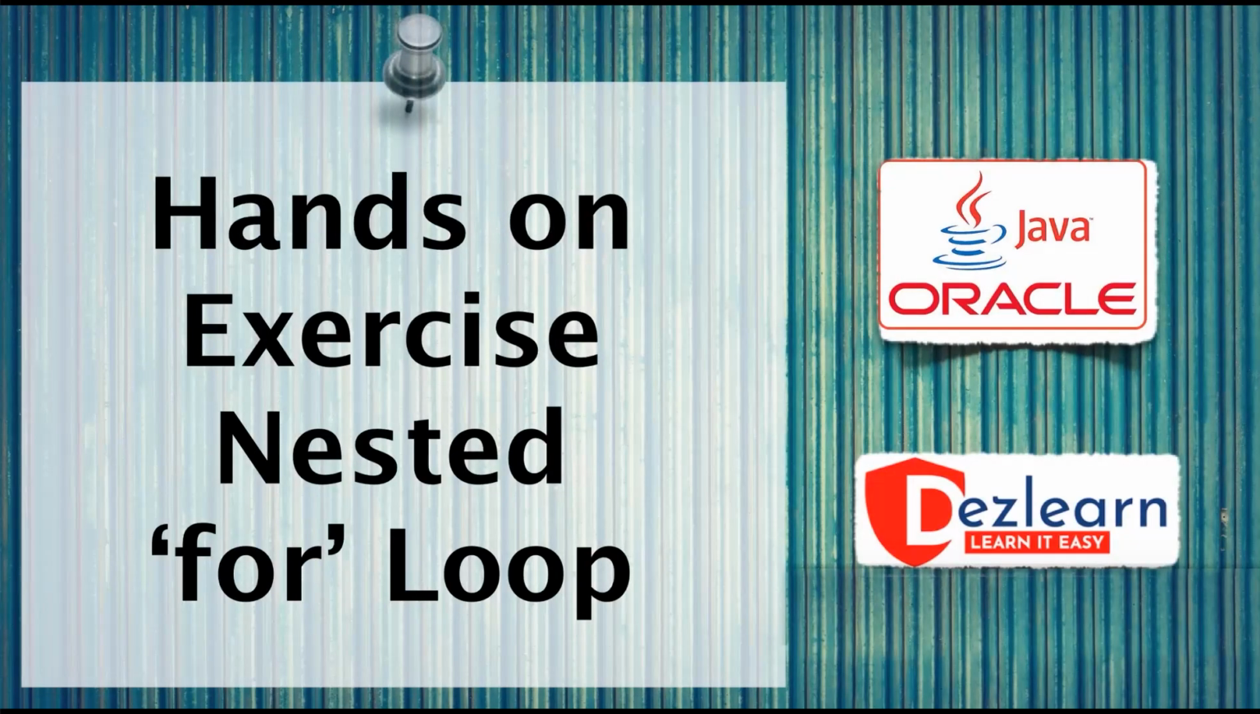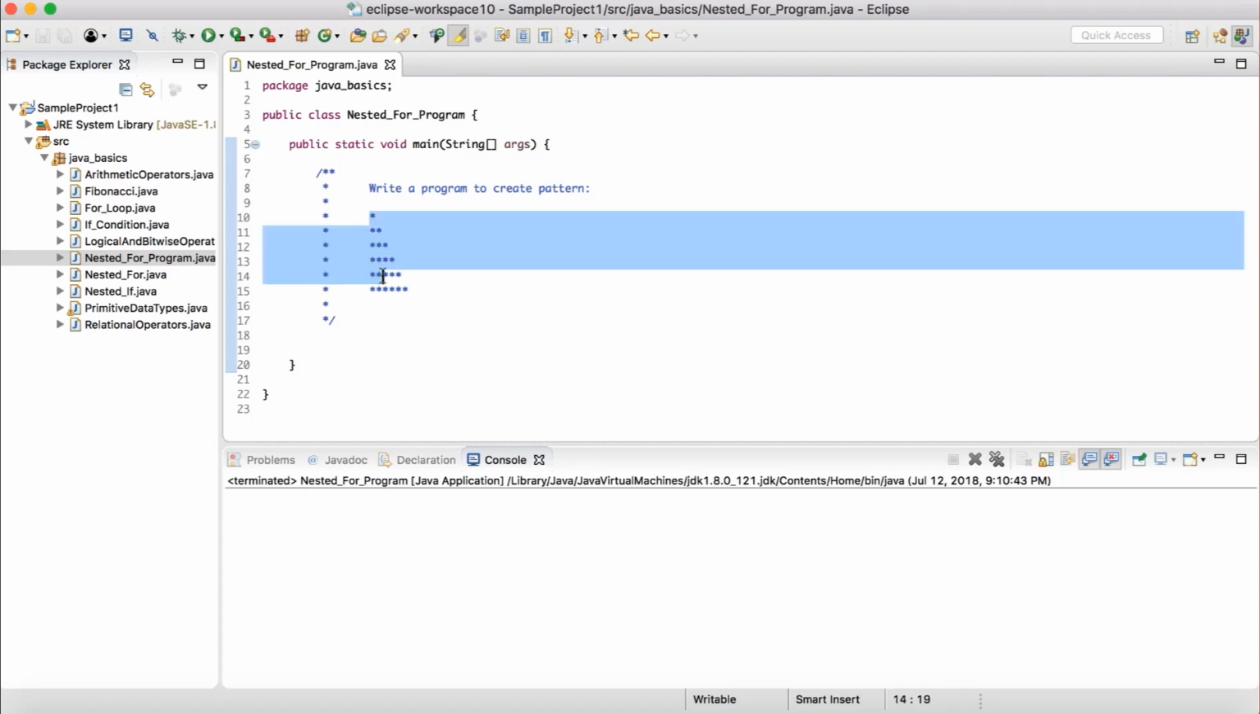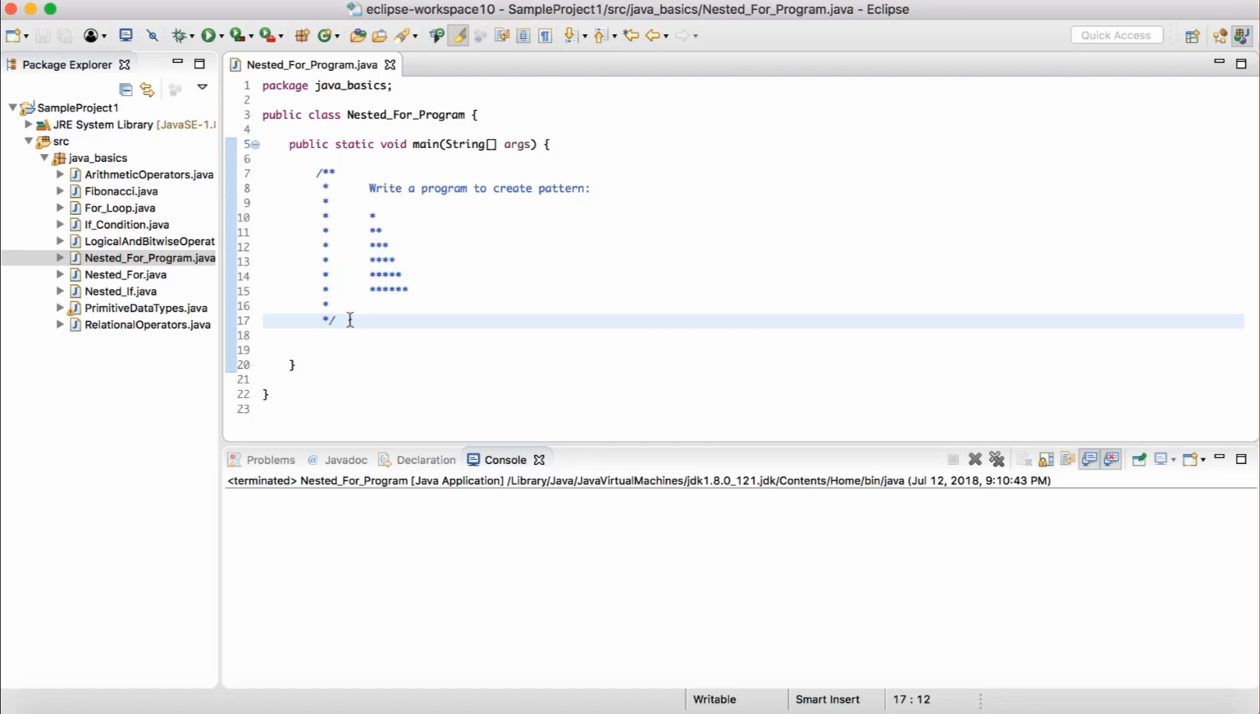In this session, let us create a program to build a pattern like this, where we have 1 star in the first line and 2 stars in the second line, 3 in the third, and so on. And we have 6 lines in total. So these kinds of programs can be very well built using the nested for loop, where the outer for loop